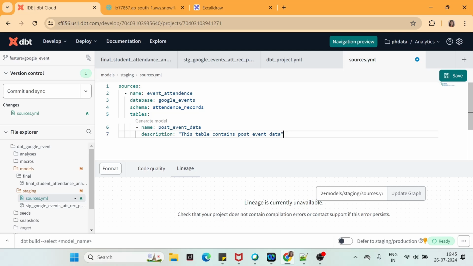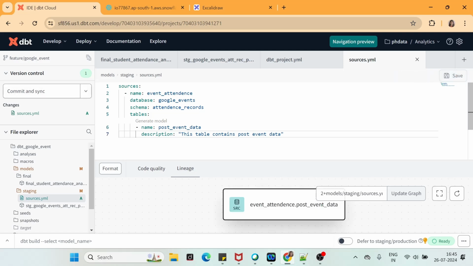So this is your sources.yaml file that has been created, with the tables defined. Now I will be clicking on save. My sources.yaml file has been saved, and now you can see how it is depicting event attendance, which is my source name, dot post event data, which is my table name.